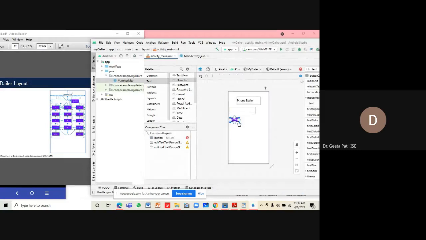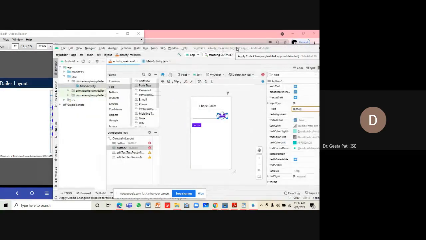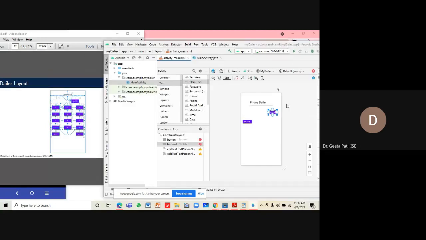Put a button. The name of it is delete. Put the constraints. This is constrained to the top of this. This is also constrained to the top of this. If it has a distance of 30, this also has a distance of 30 from there. We have to change the name and other things.